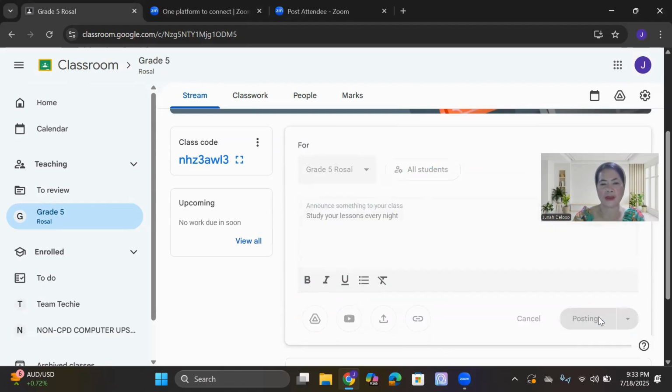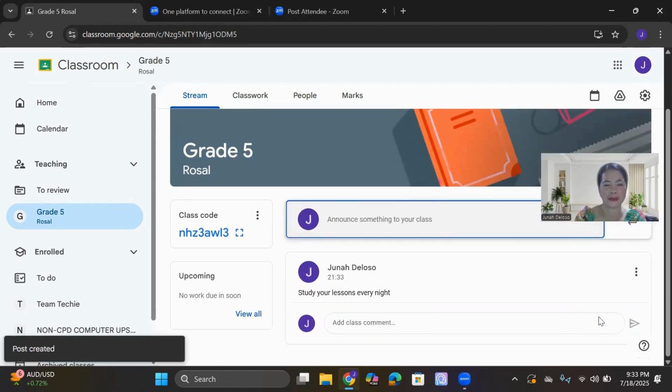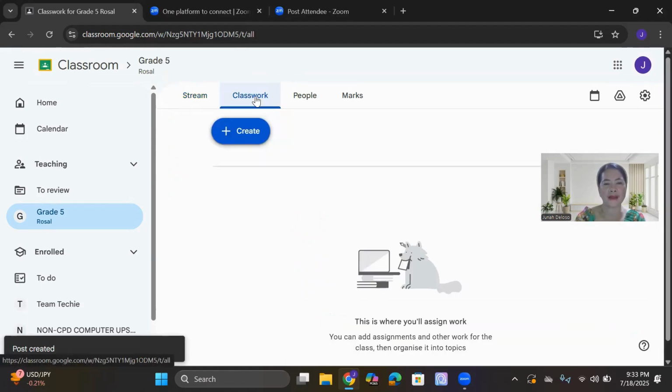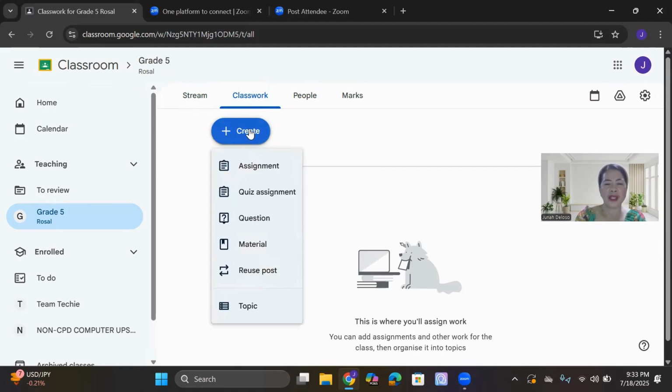Then post. In the Classwork tab, click Create, and you can now post assignment, quiz assignment, questions, materials, or any topic.